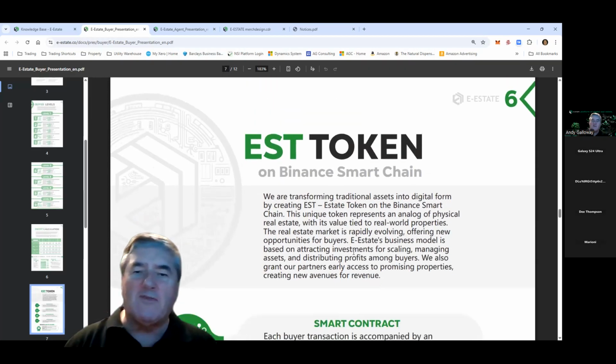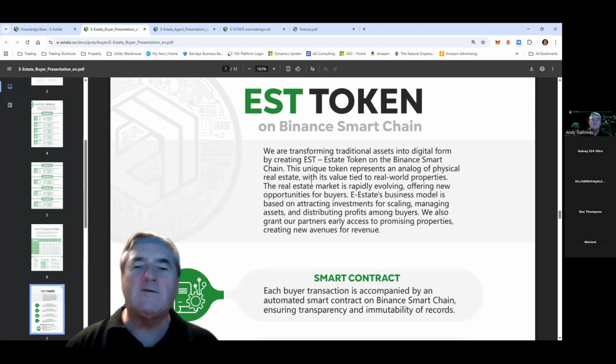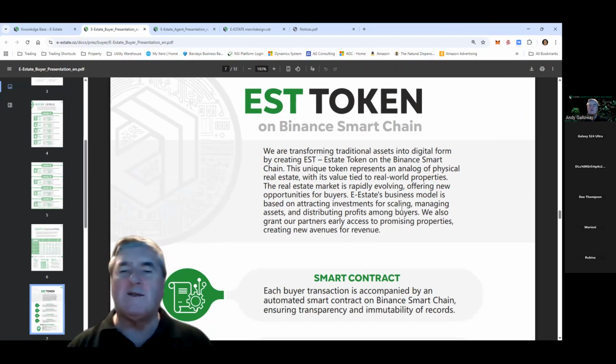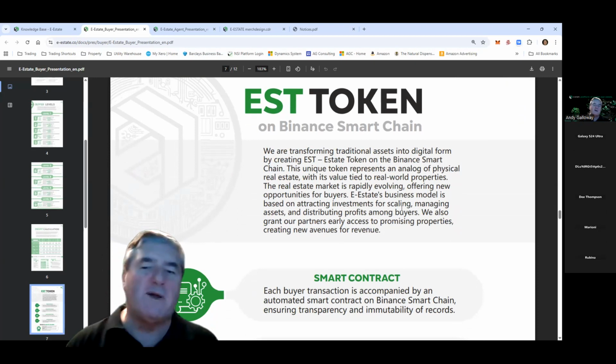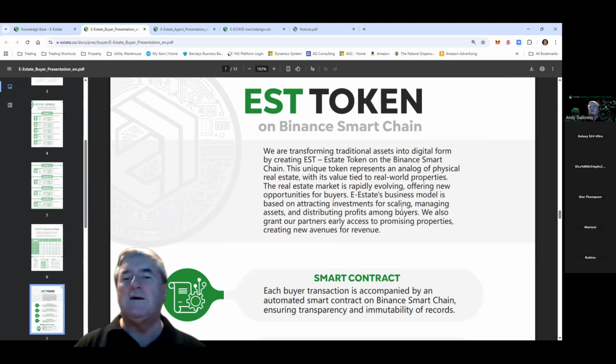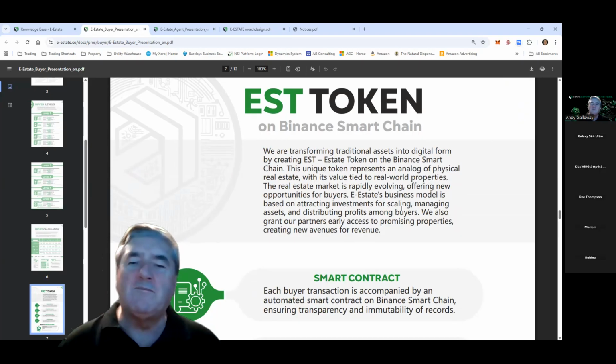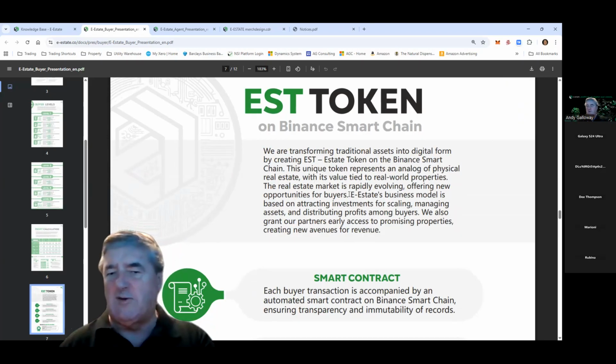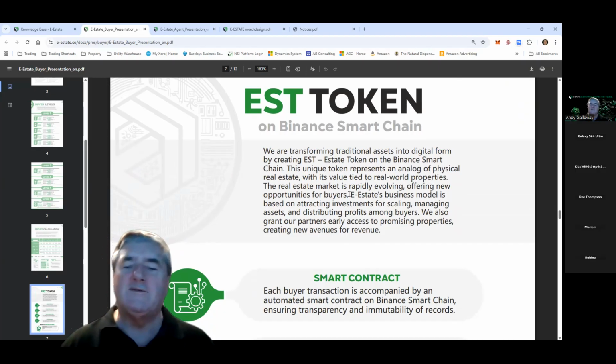And then we have the EST token. The EST token is on the Binance Smart Chain. Binance is one of the largest exchanges on the planet, and it has its own network, its own blockchain. And a lot of people do a lot of business on the Binance Smart Chain, the BSC network. So you can rest assured that the blockchain is secure, and that our information on the blockchain is